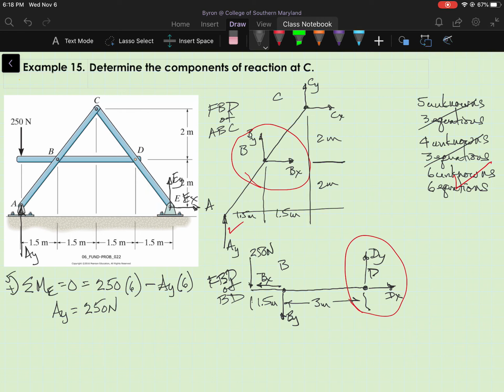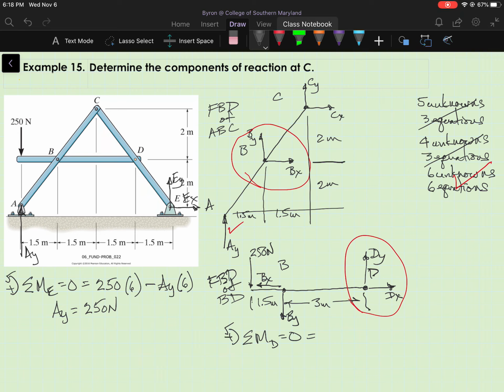So for the second free body diagram here of BD, I'm going to solve for B sub y by summing moments about point D,